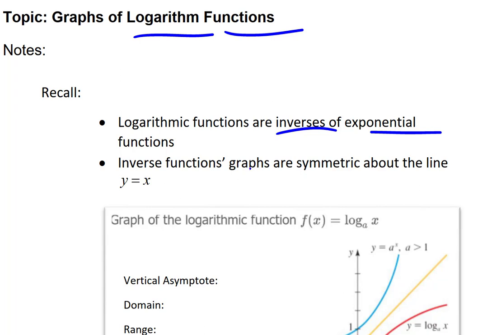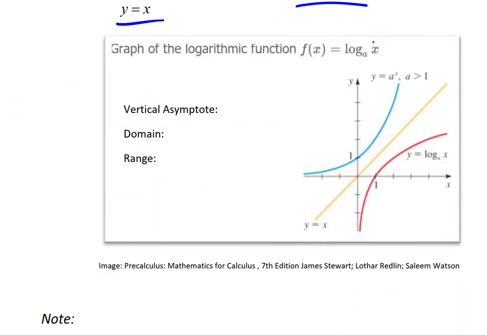Secondly, inverse functions' graphs are symmetric about the line y equals x. When we were discussing inverse functions a while back, that was one of the tenets of them, and so we're going to bring that into play as well. Visually speaking, if I want to find the graph of f of x equals log base a of x, and we recall what we just mentioned about inverses, then we'll find it very convenient to understand the symmetry about the line y equals x. So on a graph here, I'm going to go ahead and put in a dashed line